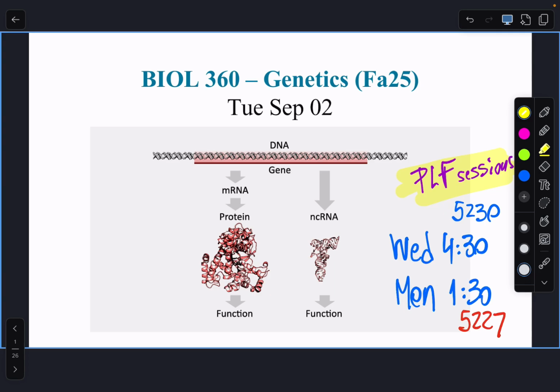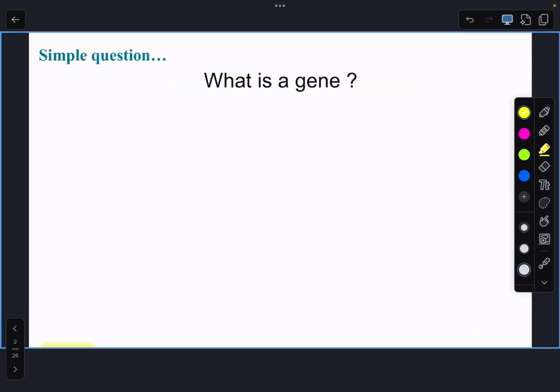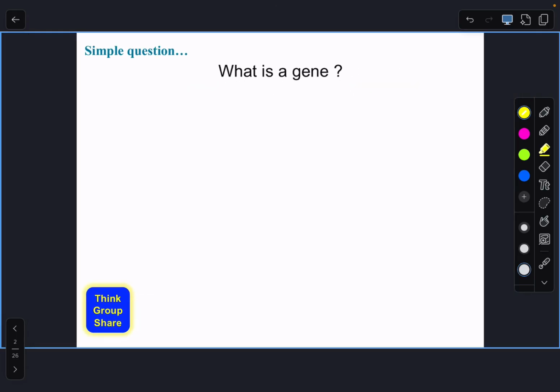No? Okay. All right, so today we'll get started with molecular genetics, with the processes of transcription and translation. And I will, as usual, start with one of those questions that are meant to get those fluids running. What is a gene? So think for yourselves what you think a gene is, then share it with a partner, and then let's share it together as a group. Simple question. What is a gene? I'll give you a couple minutes. What is a gene?